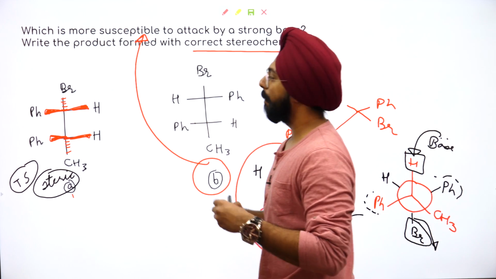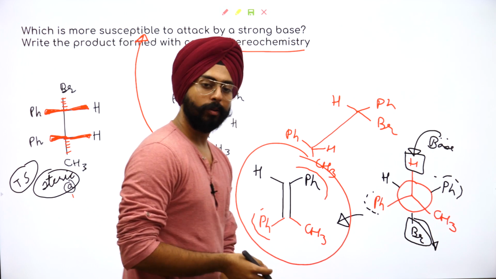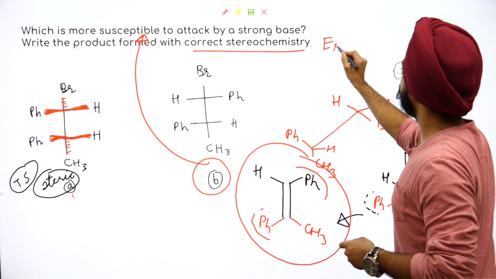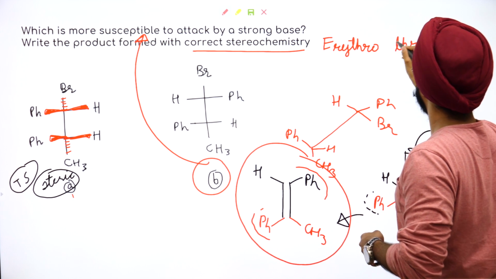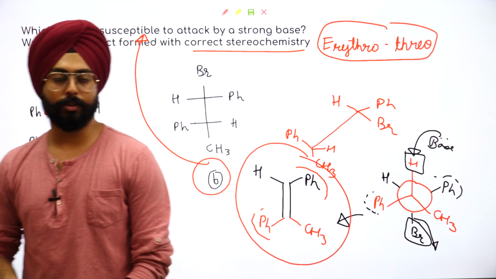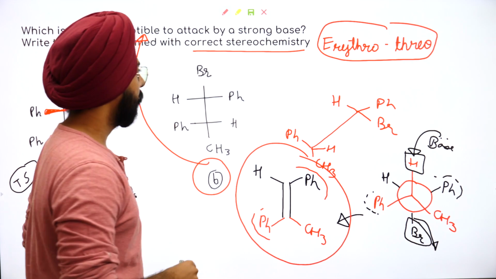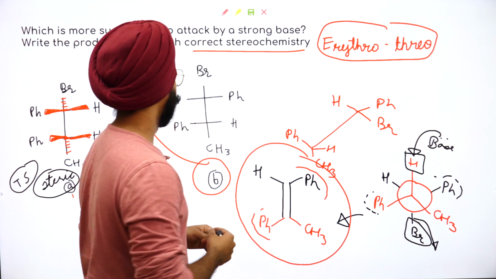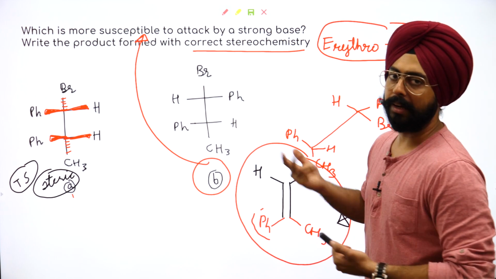Now if you remember erythro-threo, पता है क्या तुम्हें? Do you remember erythro-threo? I don't think it's in the syllabus anymore, but after the class just look at what is erythro and threo. Okay, this is one type of nomenclature of isomers. ठीक है, this is used when meso compounds can be formed. ये एक बार देखना. I don't think it's in the syllabus anymore, but still just have a look at erythro-threo. कभी इस पे सवाल आया नहीं है वैसे, but just have a look at it. Might come in handy someday.